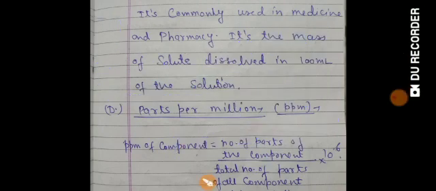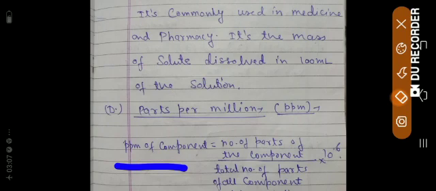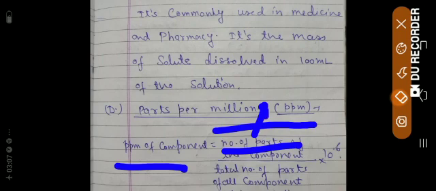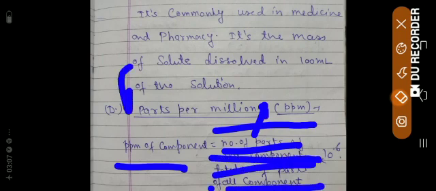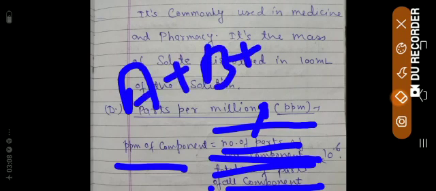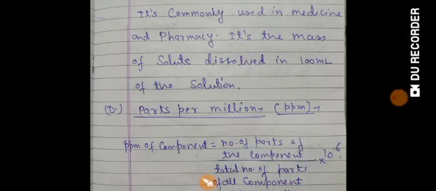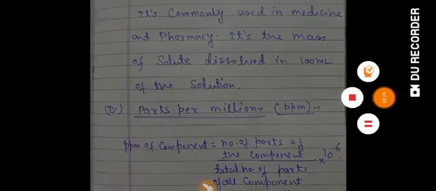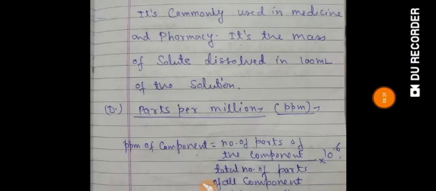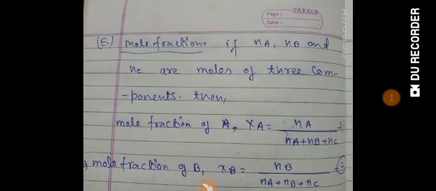I'll show you with the formula. ppm of any component: the number of parts of the component will be in the numerator, and in the denominator the total number of parts of all the components, if it is a mixture of components like A plus B plus C. So it is my promise, students, that in the next video I will give you a question related to it. I will solve it and then attach the working problem for you. But first I am going to explain the main and important formula of this heading, parts per million. Now come to the mole fraction.